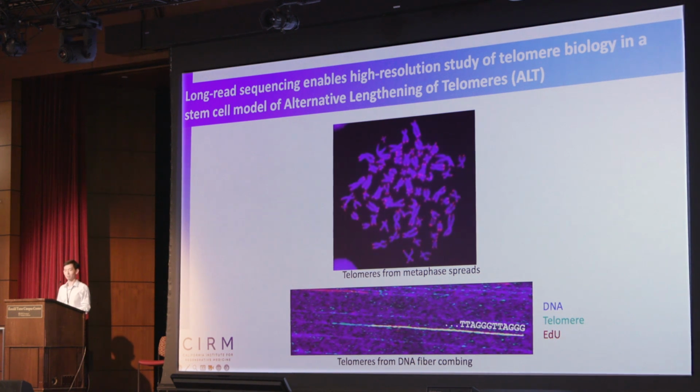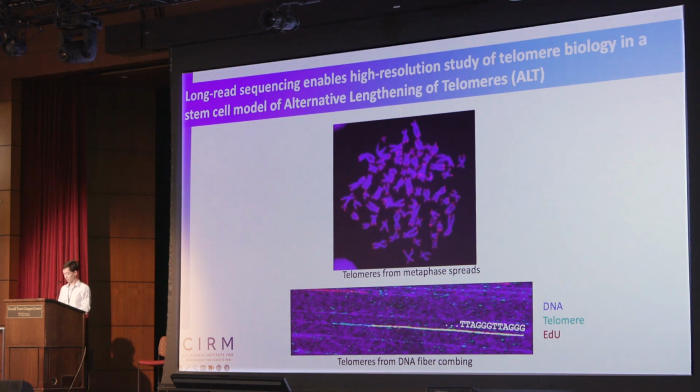I'll try to present somewhat quickly. But anyway, I'm from the Hochmeyer lab at UC Berkeley, and as you might tell, I'm from Australia, and I recently started a postdoc in the Hochmeyer lab about 7 months ago. So I've been working in the telomere biology field for over 10 years, and I'm going to present how I've started a project using telomere long-read sequencing to study a type of cancer that utilizes alternative lengthening of telomeres,